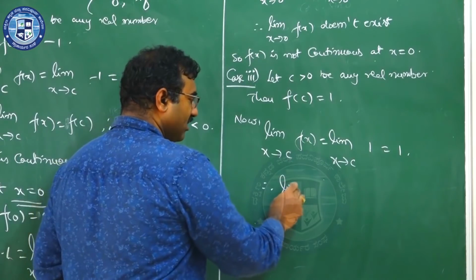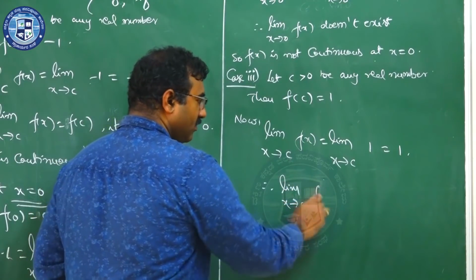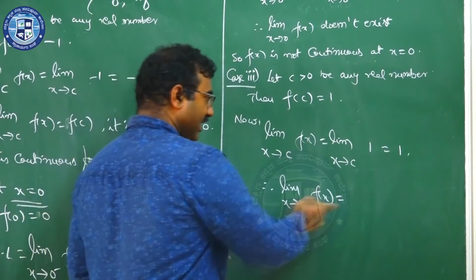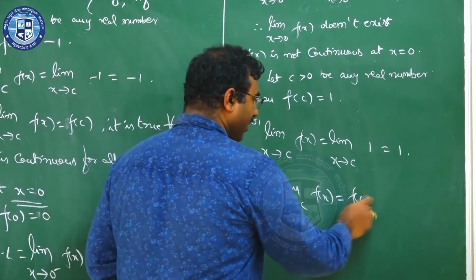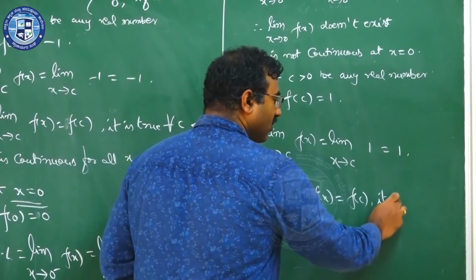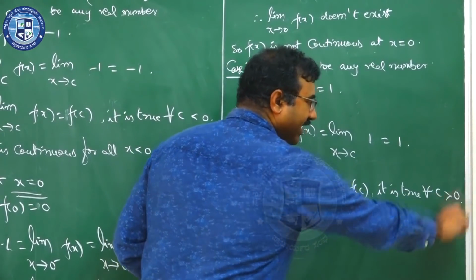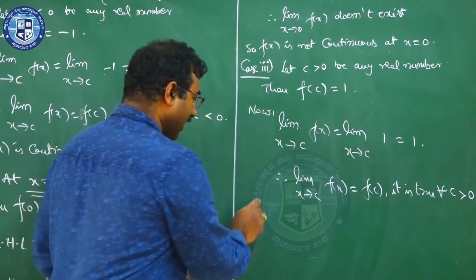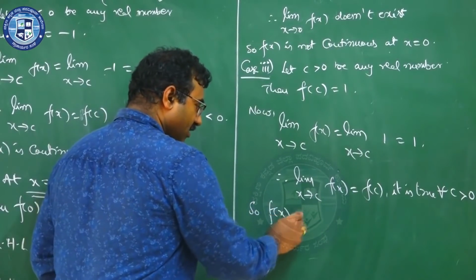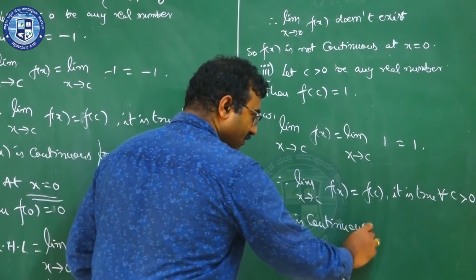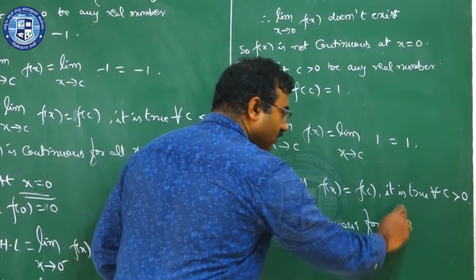Therefore, limit x tends to c of f(x) is equal to f of c. It is true for all c greater than 0. That means f(x) is continuous